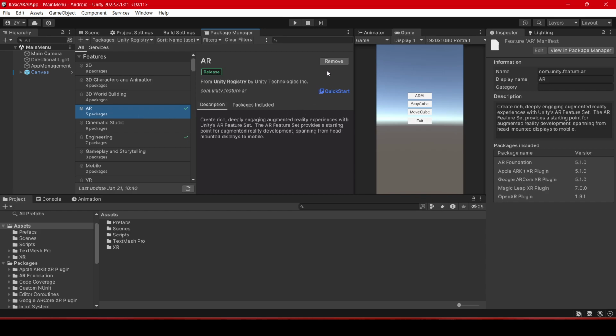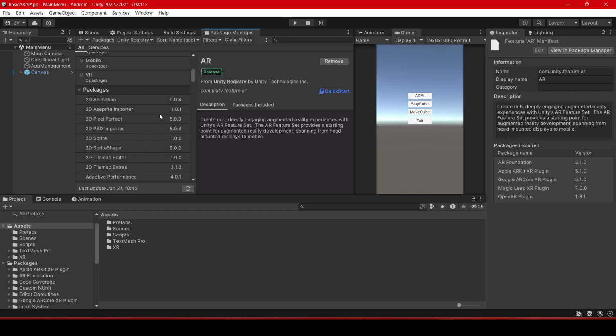I have already installed this, but you will have the install button. So you click install and wait patiently for this to finish, but before it finishes it'll pop up with a dialog box warning saying would you like to input the new system. Just click yes and your Unity will shut down and reopen, so don't worry about this, it may take some time, and then it'll re-pop up with the screen. And now that we have this installed,